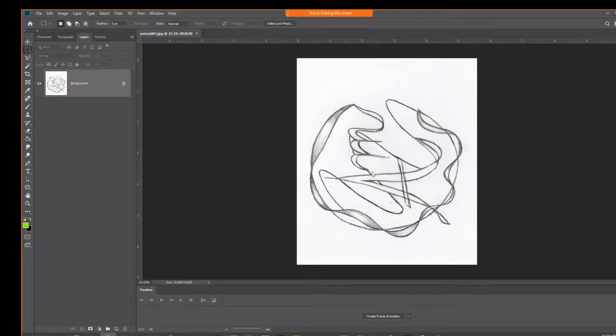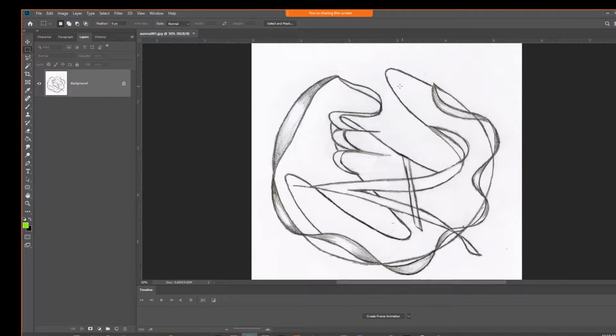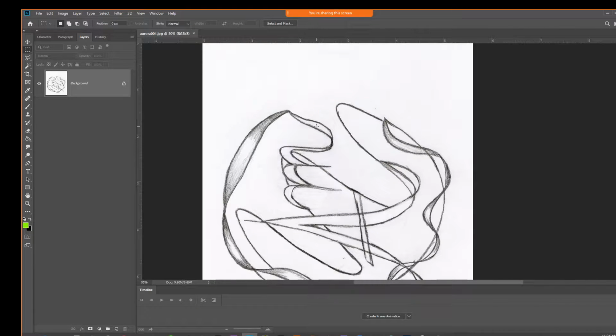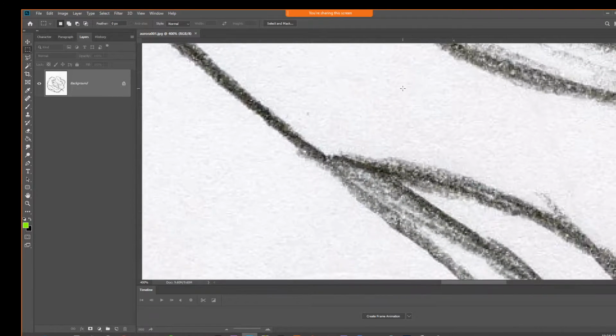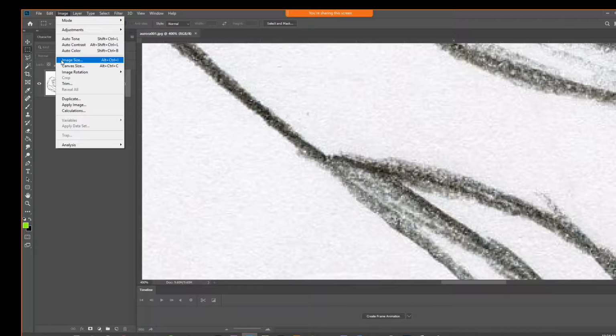So the process after we've scanned our image, what we want to do is set what's called the white and the black point, which is really going to give us high contrast. Even though this is relatively clean, there's not a lot of stuff outside, when we do an image trace, it's going to pick up all these fine little details, right? When I really zoom in, you guys see all the texture that's there? So it's going to pick that up, and it's going to make it a little harder to isolate